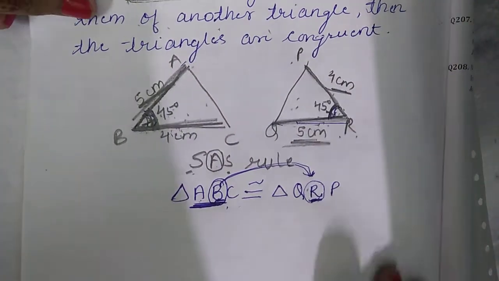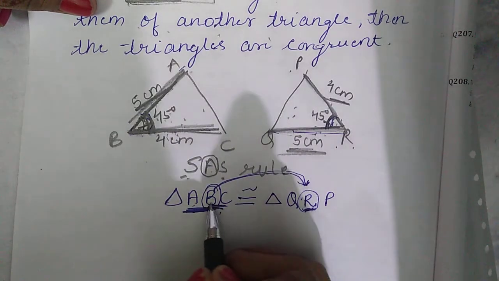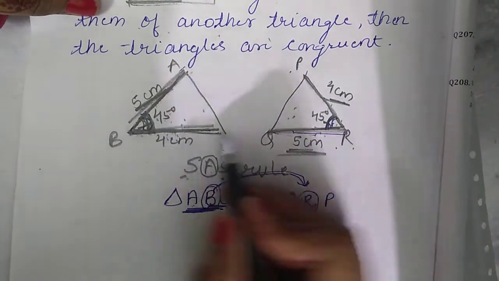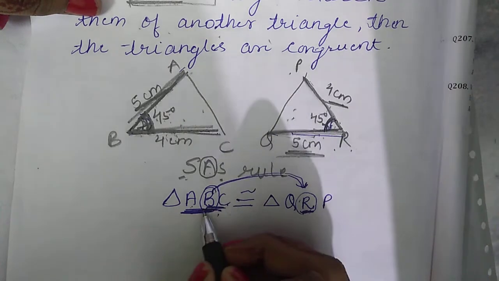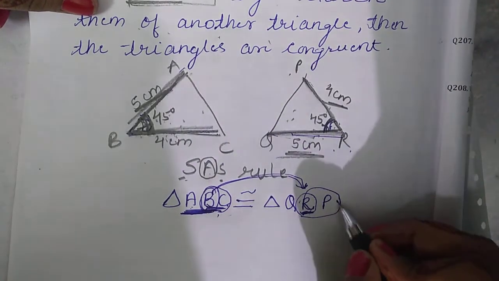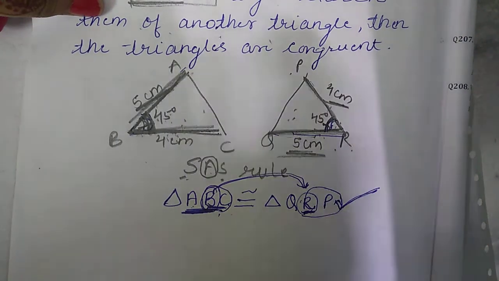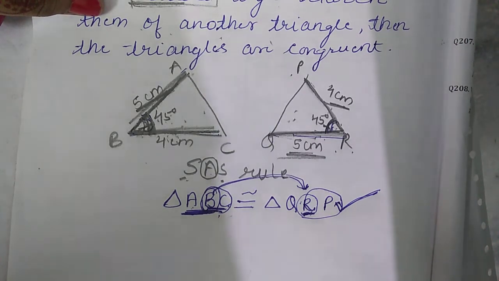You can check it. So BC is 4 centimeter, so BC is at second and third. I will check the second one also. BC is equal to PR, or you can say RP. So corresponding to BC, that is on second and third, we have RP. It means this symbolic form is correct. Whenever angles are given, you have to fix that.